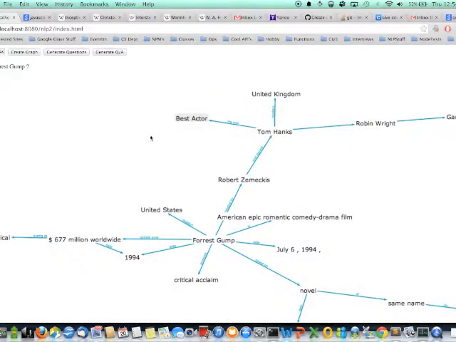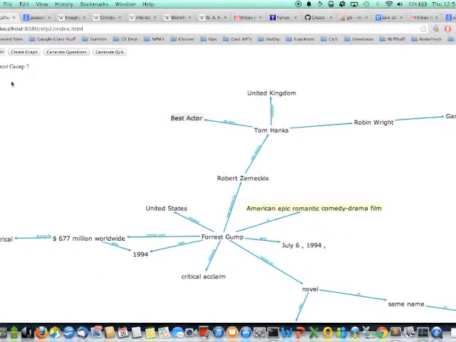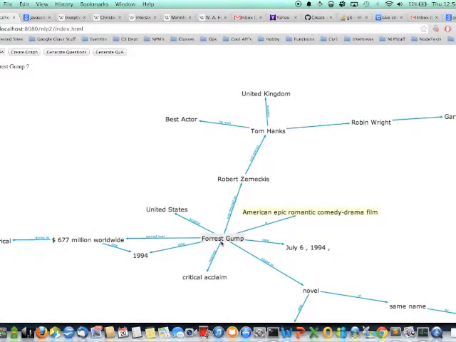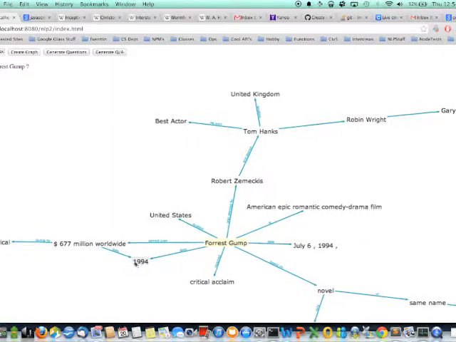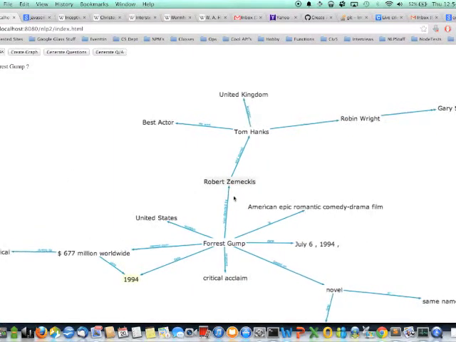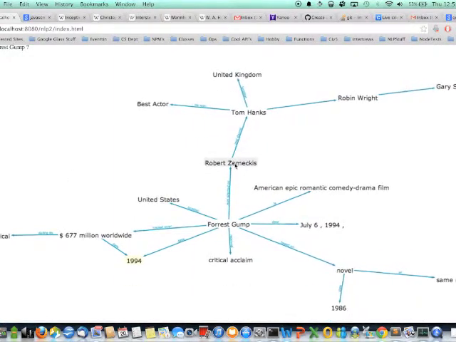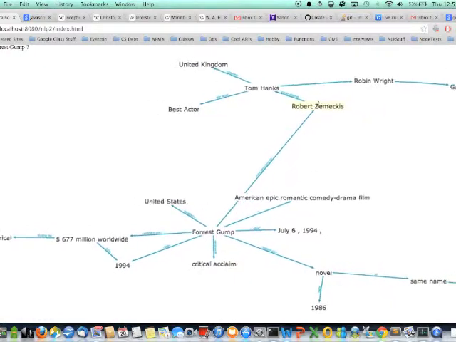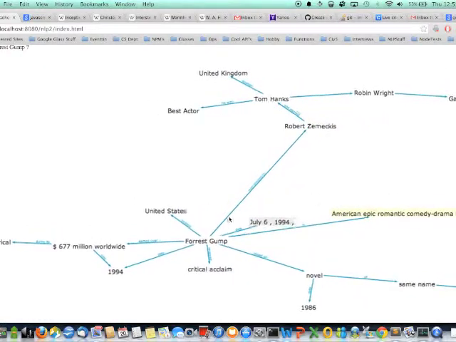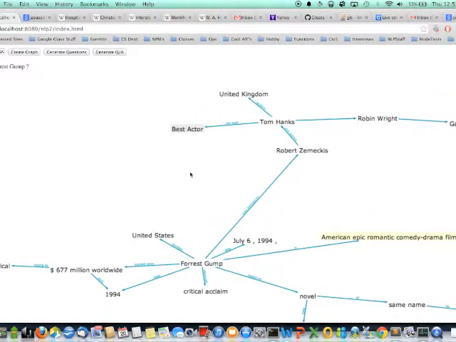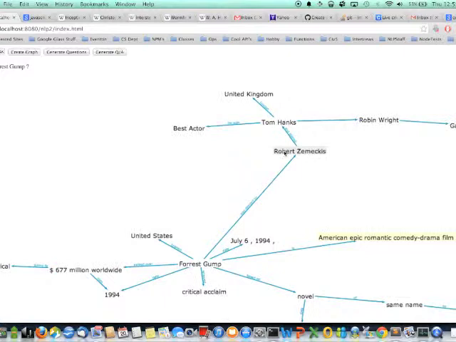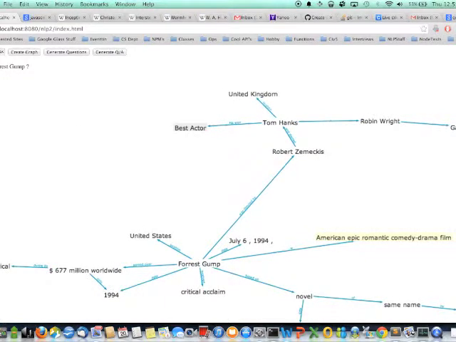the connector word is directed, and we do a string similarity. So we already have our keyword, which is Forrest Gump, so we find the node which has Forrest Gump in it, and we look at all the connections it has and which connector is the most similar to directed. In this case it's the node for Robert Zemeckis, which, being directed by, was closer than any of these other nodes. So from there we can say, with a high degree of confidence, that Robert Zemeckis did actually direct Forrest Gump,